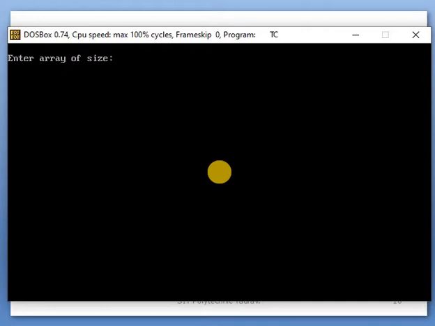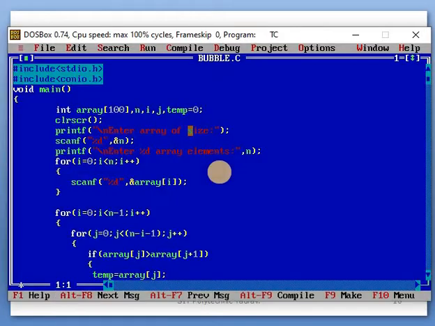Enter the array size. Okay, give the input as how many elements are stored in the array. For example, I give 4. Enter 4 array elements. For example, I give 4 unsorted elements, and they will be sorted. I give the numbers 5, 2, 8, 1. The sorted array is 1, 2, 5, 8. Clear? Okay, that is the program output.